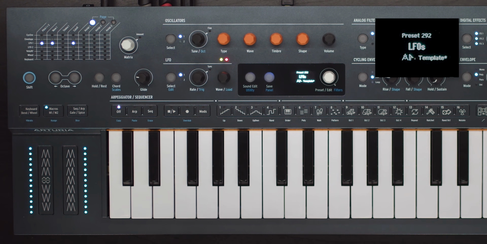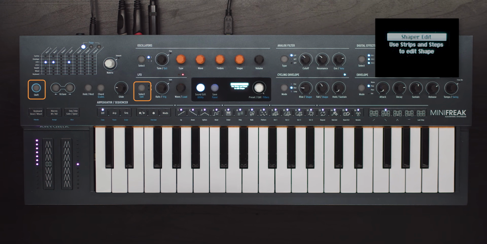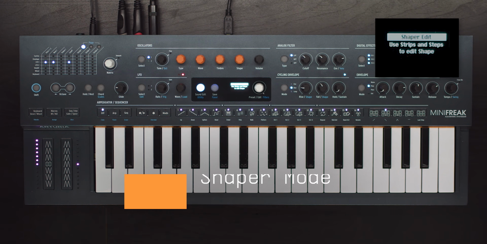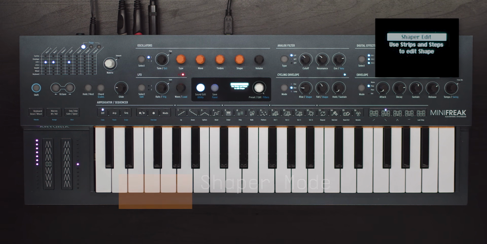You'll probably find you need to increase the rate of the LFO to use these custom shapes, as they're made up of multiple stages, as you'll see in a moment. To create our own custom shape, we can enter Shaper Edit mode by holding Shift and then pressing the LFO Select button. We use the sequencer steps and touch strips to edit the stages of our shaper, which can be up to 16 stages long, with each stage lasting 1 LFO cycle,